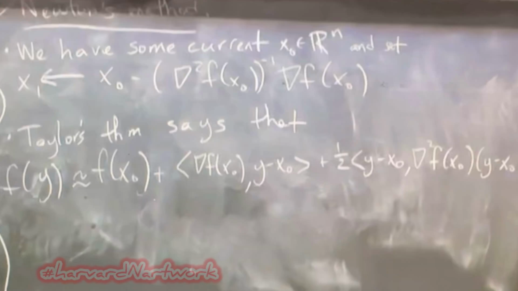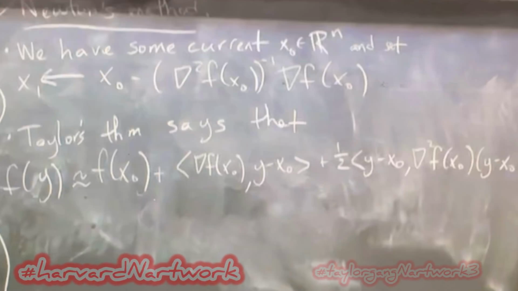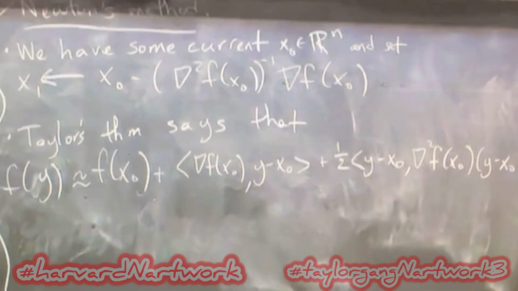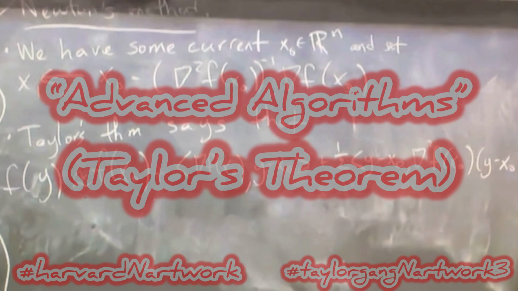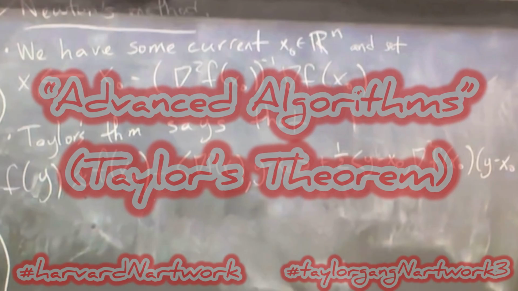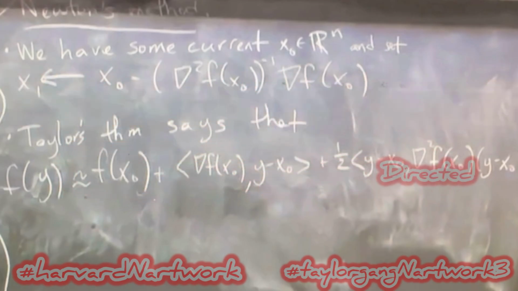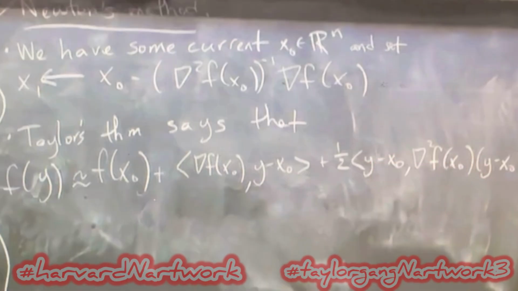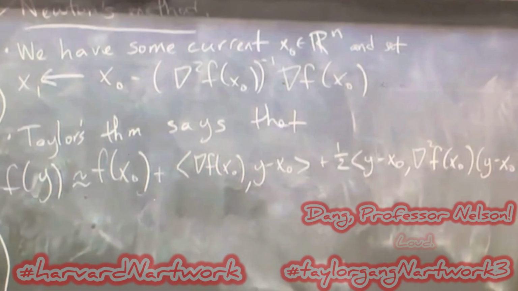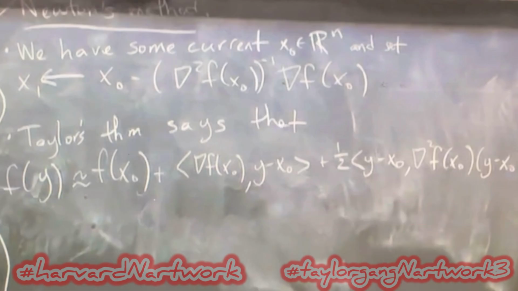Second order expansion, Taylor expansion of f, and it's minimizing that second order expansion, right? So Taylor's theorem says that, if you look at f of y, just some f of y, approximately up to some error that comes out of Taylor's theorem, this is equal to f of x0 plus the gradient of f at x0 dotted with y minus x0